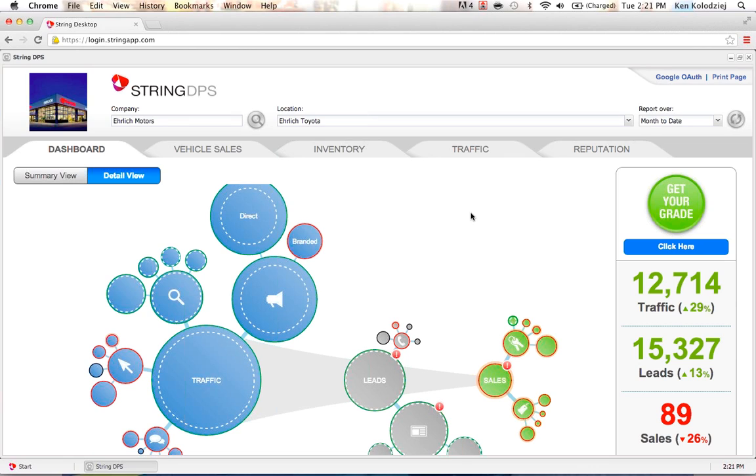So we thought, hey, well, we've got pretty good skill sets in data. We're kind of data geeks. We're very good with Google Analytics and other data sets. We've been in the industry for 8, 9 years now, dealing with dealers at the retail level, tier 3 level. So we know the industry really well. We know what works and what doesn't from a digital perspective. And we're good software guys. We're good technology people. And so let's combine all of our three skill sets and let's deliver a product to